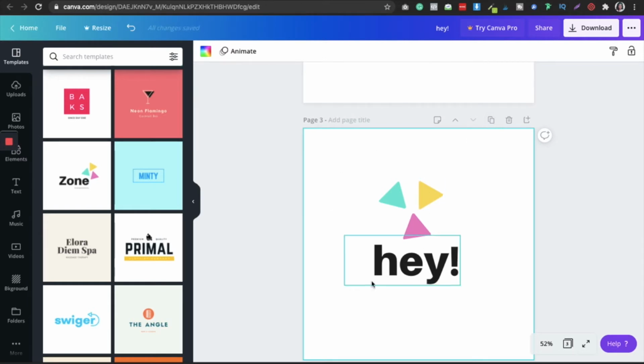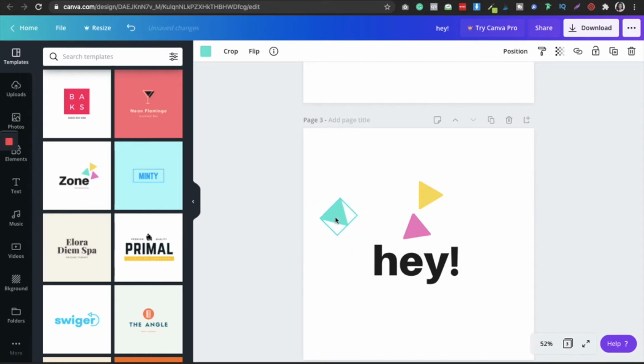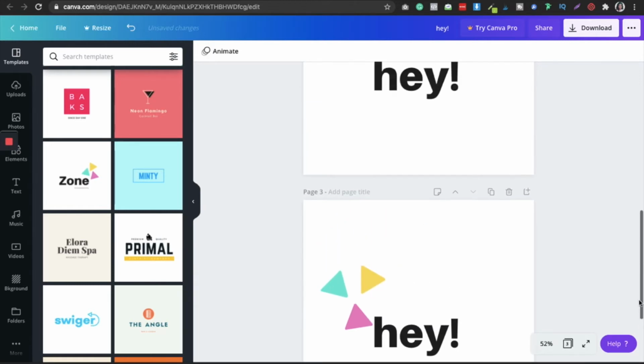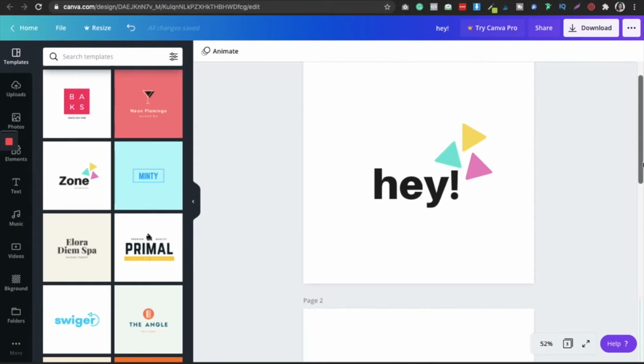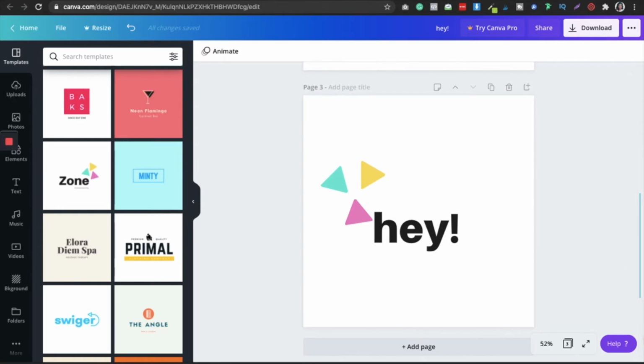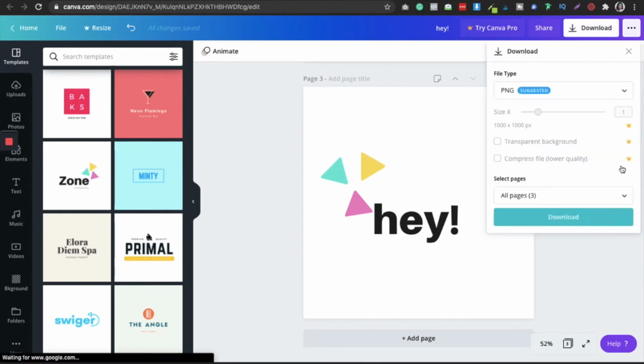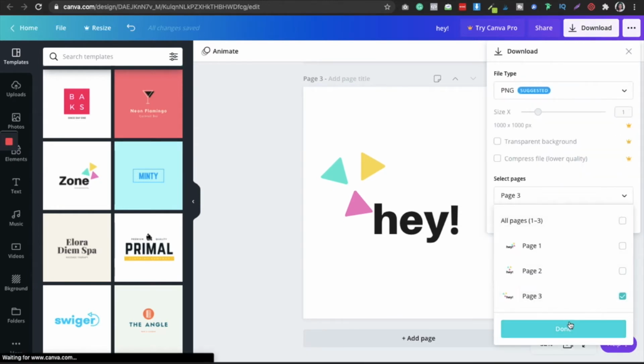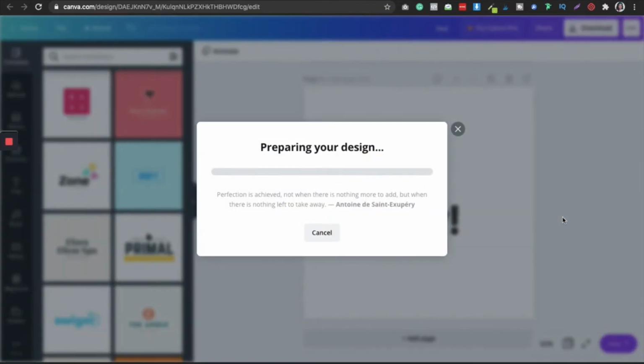Now we have got our third transition, and now I want to place it like this. So this is how I want my GIF to look: the first transition, the second transition and the third transition. This is all I want, and I'm gonna download the third picture as well.